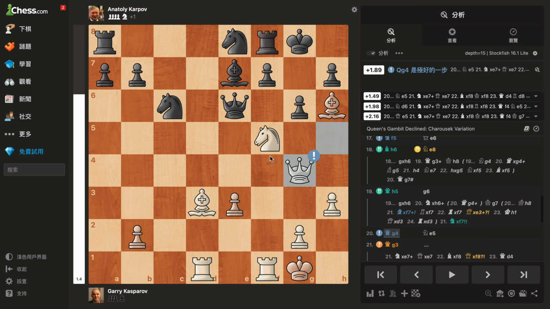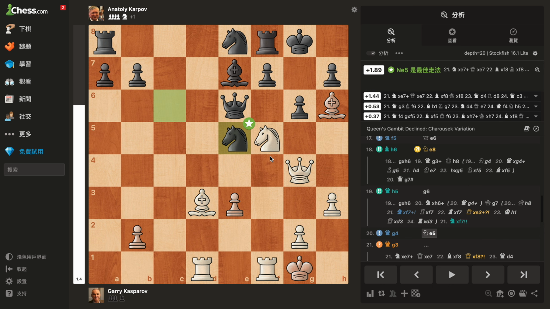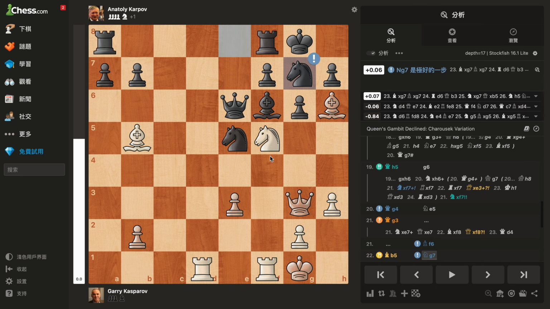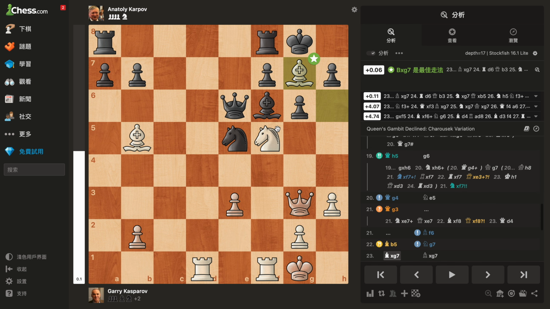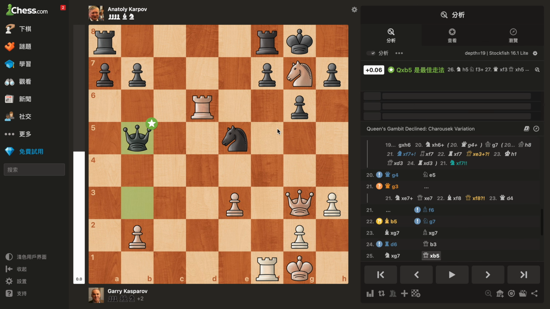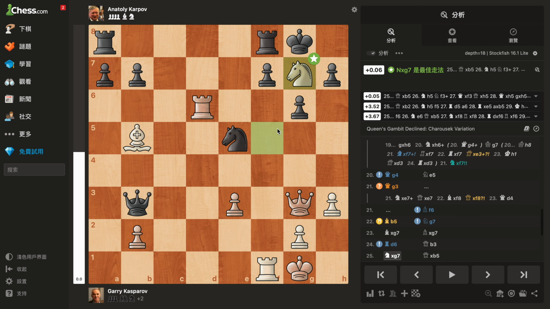So Kasparov wanted to extend the attack, so he kept the queen on g3. But after several moves, he actually allowed black to really defend his king properly. So after takes, rook infiltration, and takes,